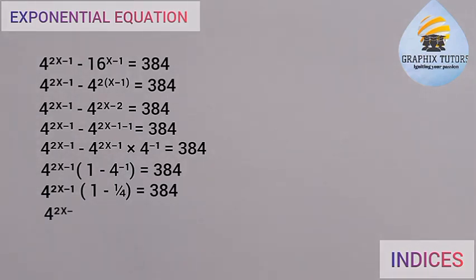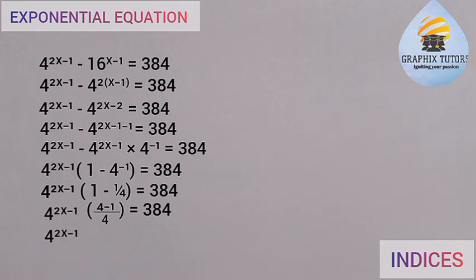minus 1. If I open the bracket here, I'll look for the LCM. The LCM here is 4. Now, the 1 is not standing alone. The 1 is over 1, right? So 1 in 4 is 4. 4 times 1 is 4. 4 in 4 is 1. 1 times 1 is 1, right? In the bracket equals to what? 384. Now, the next thing I'll do is, if you subtract 4 from 1, we'll be having 3 and